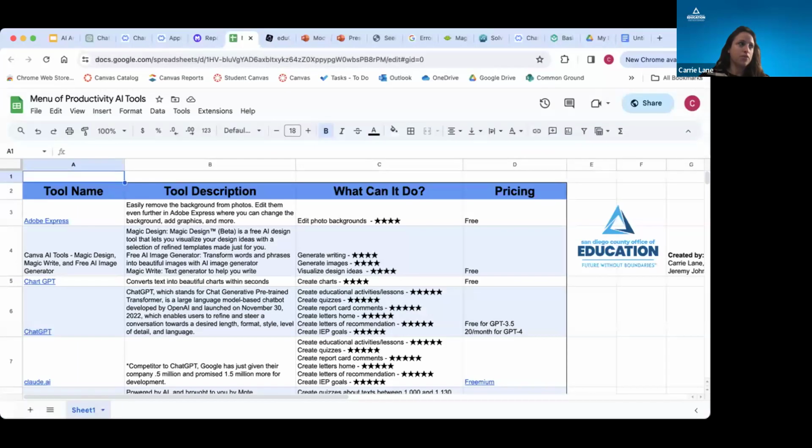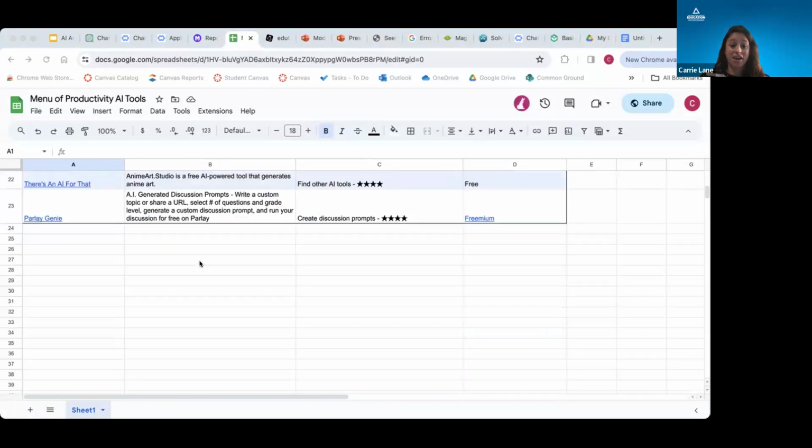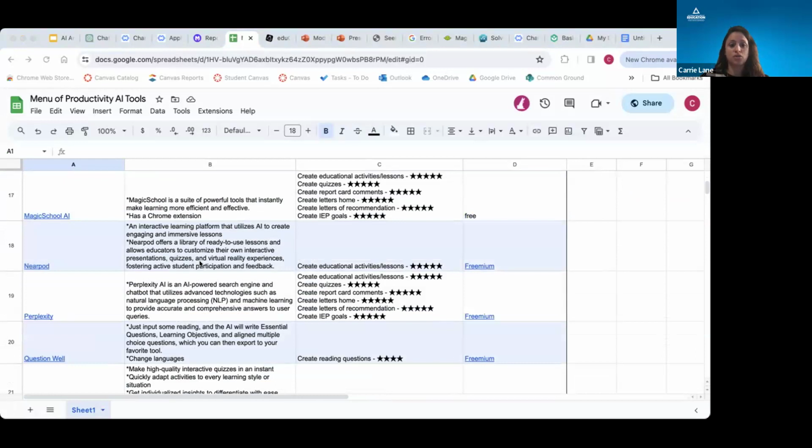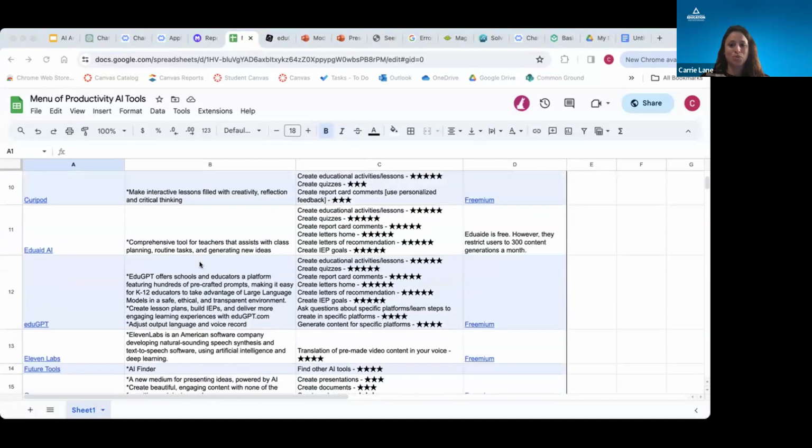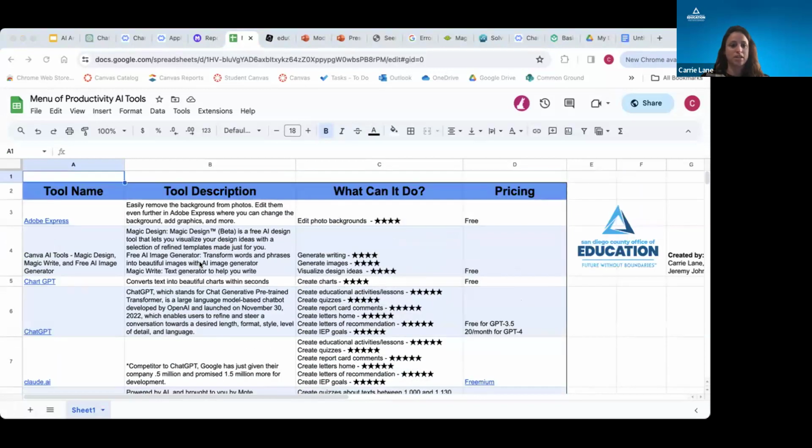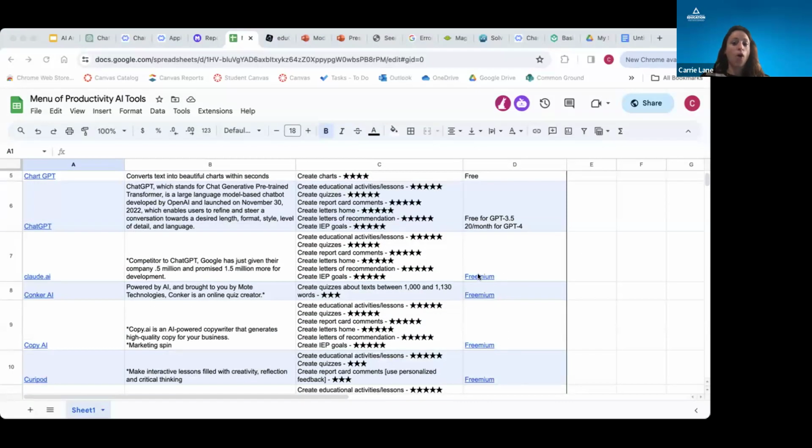And in this slideshow, if you go to the slide that we were just on, which was slide number 32, there's a link that says menu of productivity tools. And what you have there is this productivity tool menu. So my colleague and I went through a lot of AI tools. And as we did, we saw which ones were useful, which ones were freemium, free. So we didn't pick anything that was not at least freemium. We explained what the cost would be and what you can do with each thing, gives you a little summary,